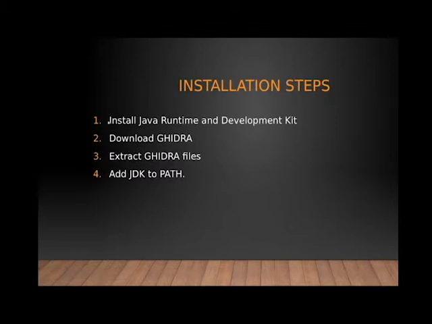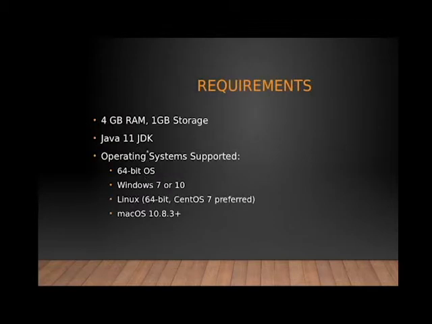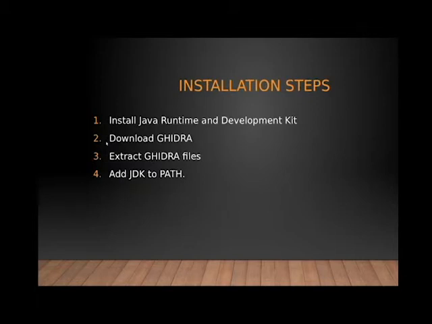Installation: number 1, you download and install the Java Runtime and Development Kit, JDK, if you don't have that already. Number 2 is download Ghidra. And 3, extract Ghidra files. You don't need to install it as a program. You can just open the executable, open the Windows batch file, and run it like that. And the last step is to add JDK to your path. These 4 steps are all the same in Linux and Windows, but